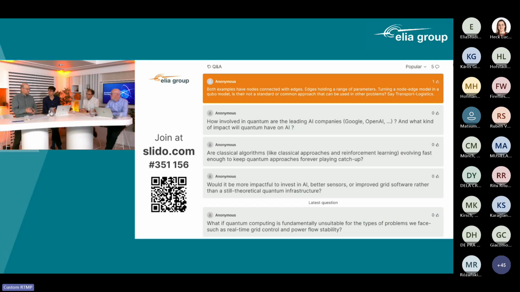Translating your problem, whether it's a graph problem or not, I think that still requires some knowledge about your business process. And I was thinking about logistics also, to be able to do a case there. You can easily translate, this is my starting point, this is my ending point, but what are you actually modeling? What is the meaning of all these things? That's actually the important point to be able to translate it towards a QUBO. So it's not really a one-to-one combination, as far as I know.